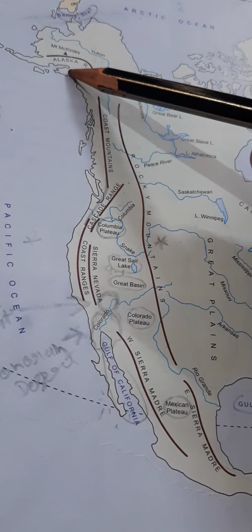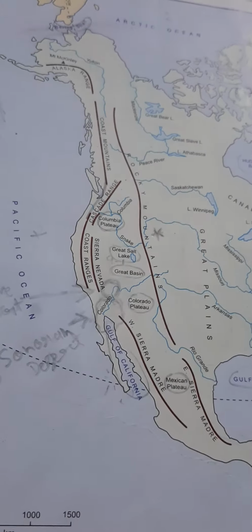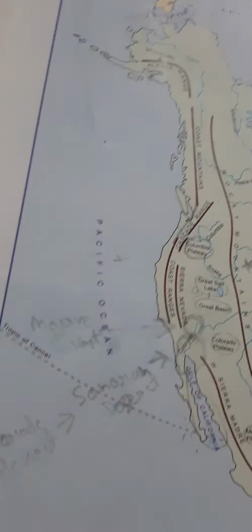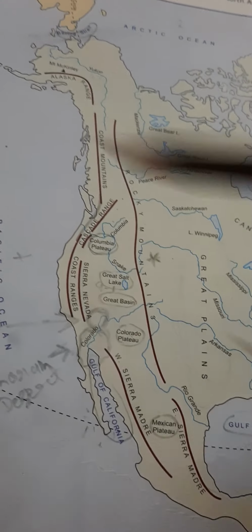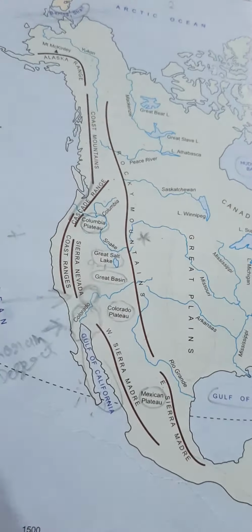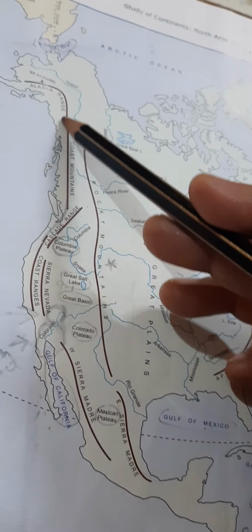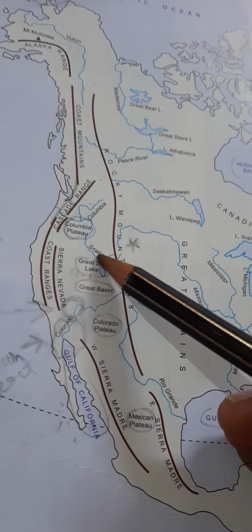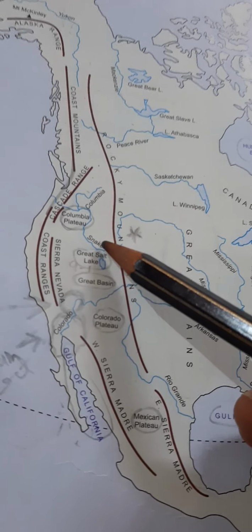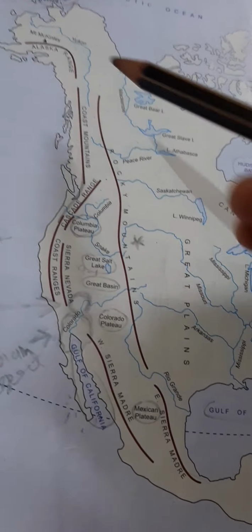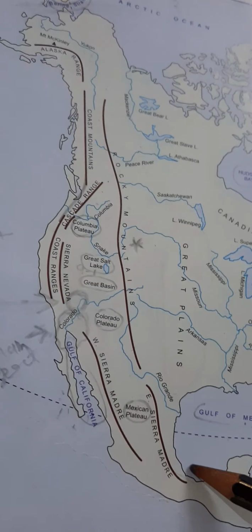From Alaska, here we have Alaska. If you want to check the political map, you can check here we have Alaska. So the main extent of the Western Cordillera is from Alaska to Panama. Somewhere here we have Panama. So this is the extent from Alaska in the north to Panama in the south. Now next, these ranges of young fold mountains extend over about 6,500 kilometers. So their main extent from north to south is 6,500 kilometers.